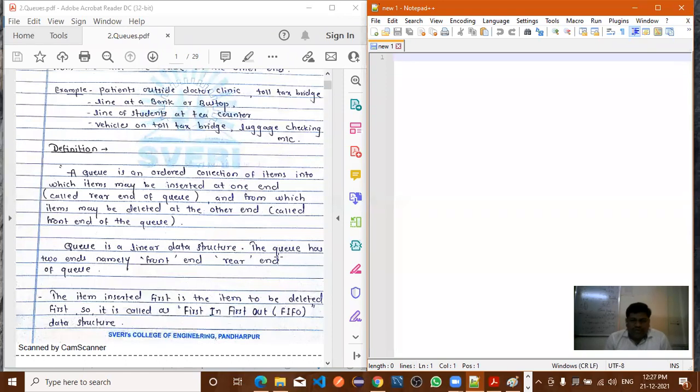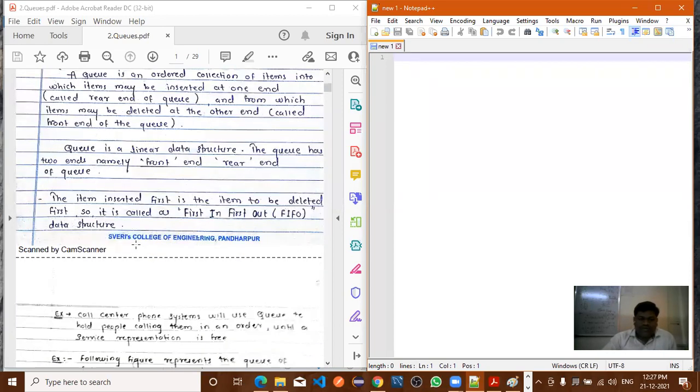When we are inserting an element, which end are we using, rear or front? Rear. And suppose I want to delete an element from the queue, which end are you using? Front, right?